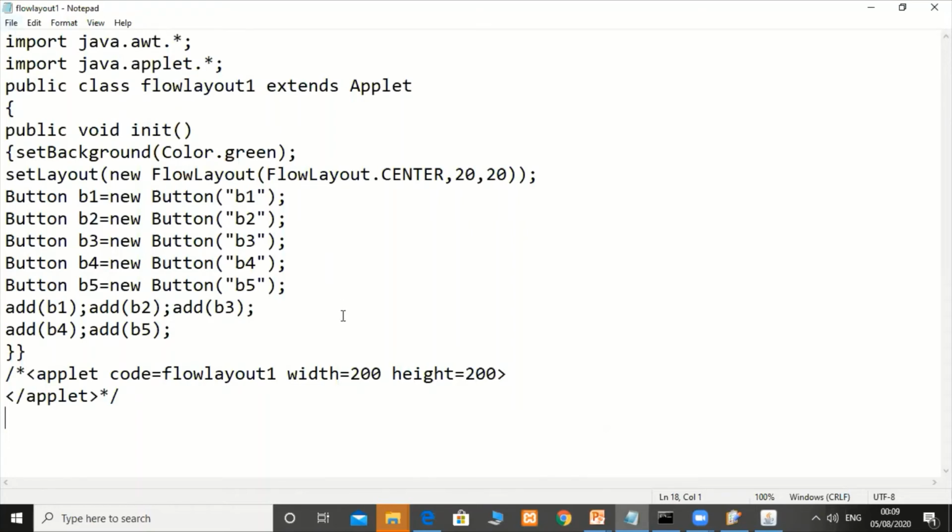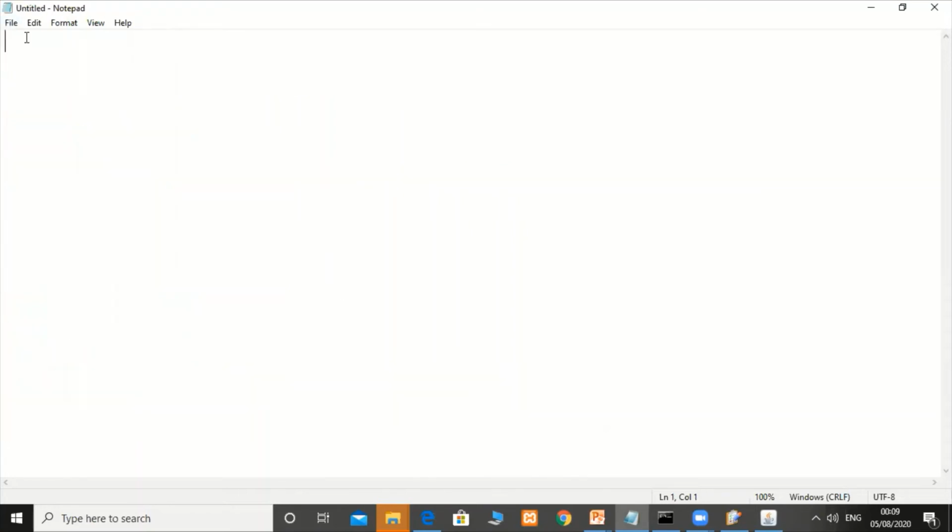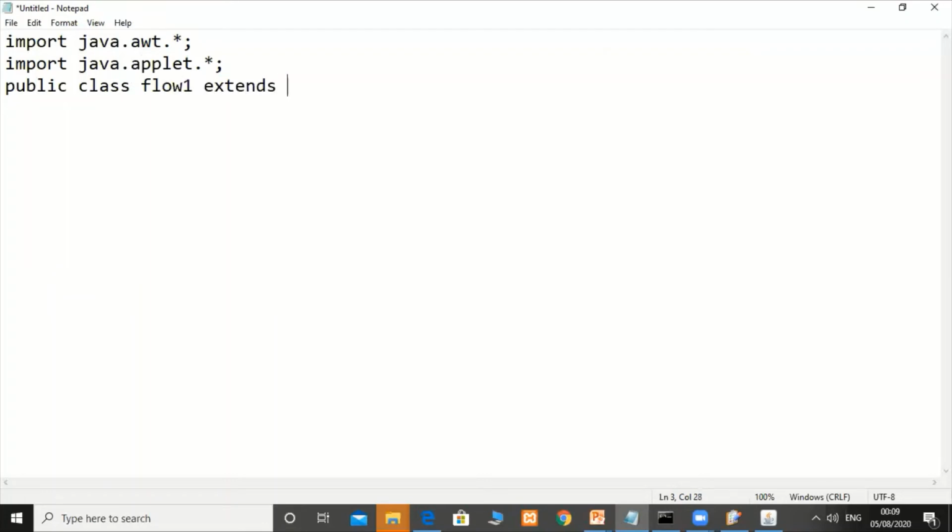And we'll see one more program. Import java.awt.* and write java.applet.*, and write public class Flow1 extends Applet.